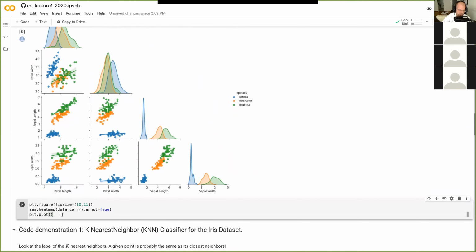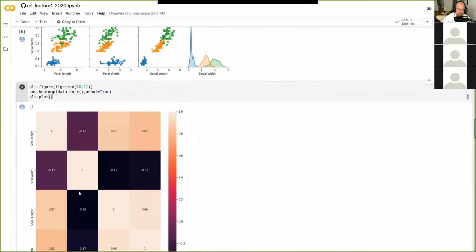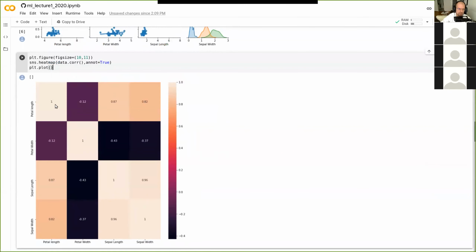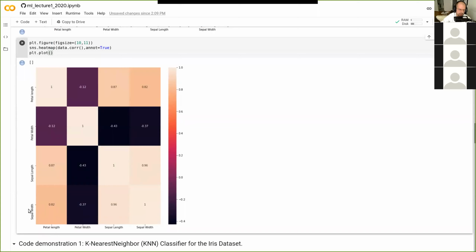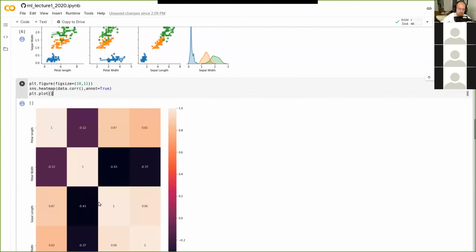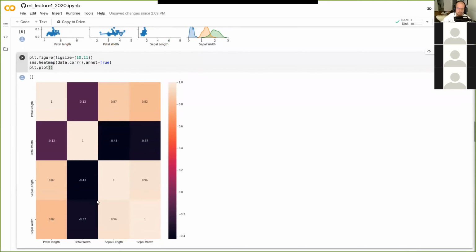And finally, I'm just going to show you a thing called a heat map. It's not so useful for this purpose, but what a heat map basically is, is a graphical overview of the correlation coefficients between two sets of data. So for instance, the petal length and the sepal width, they have a pretty good correlation. And just like I noted before, there's kind of a small negative correlation between the petal width and the sepal width, because here we don't discriminate between the different types of flowers.